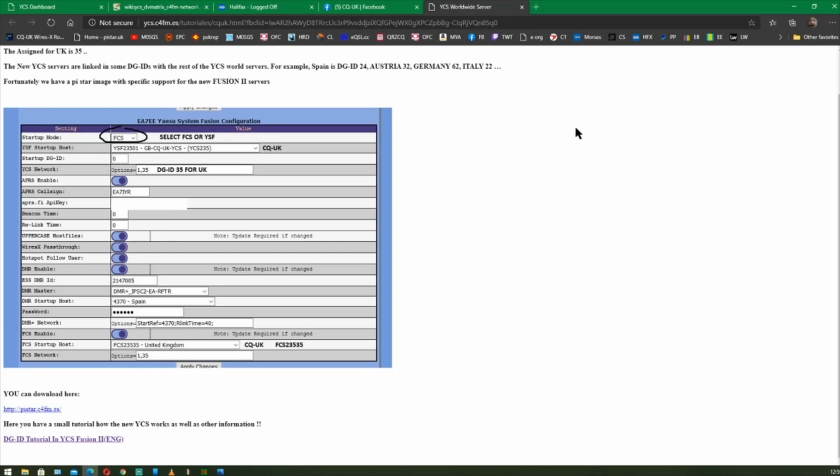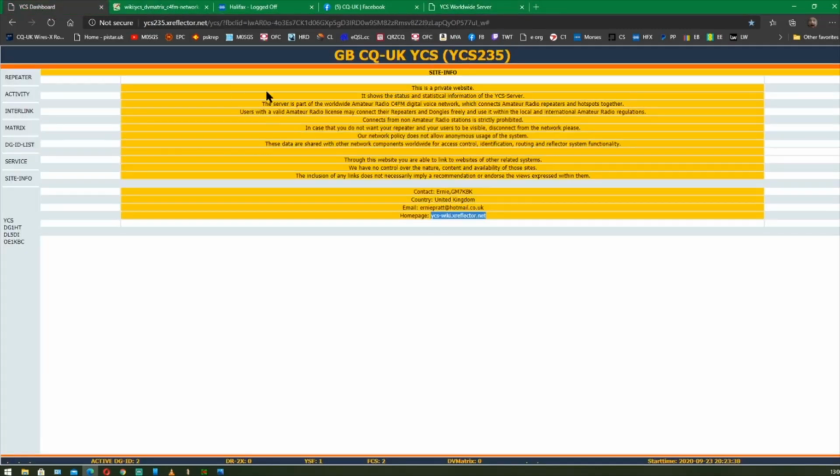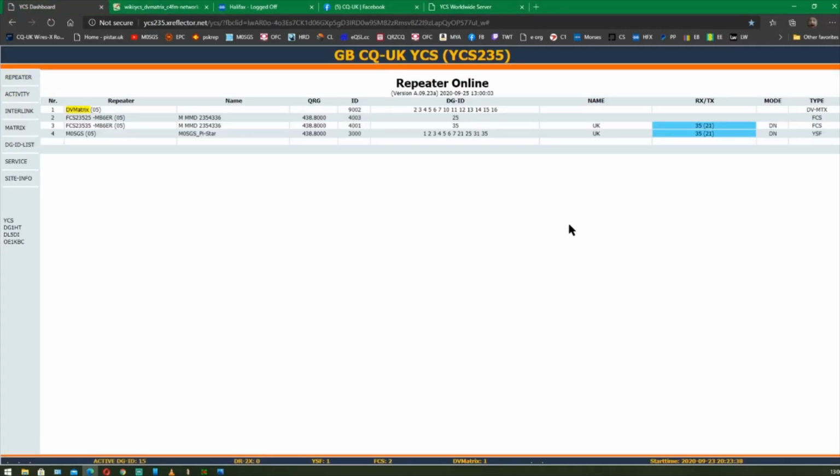There we go. So I'll just bring up the YCS dashboard, and there's the repeater access, and when I key up this time, you'll see my call sign there, and I was last speaking in the UK. So if I press the key now, we'll look at the dashboard. That's me in 35. So I'm going to disconnect from that,